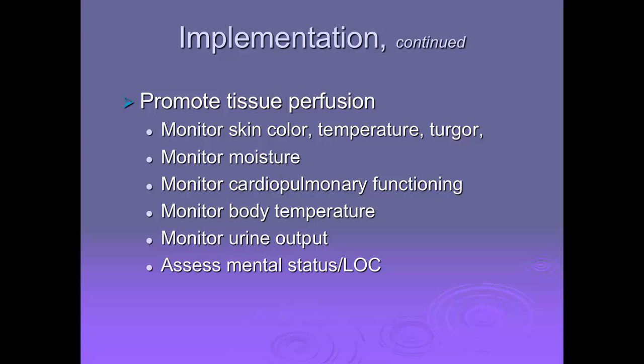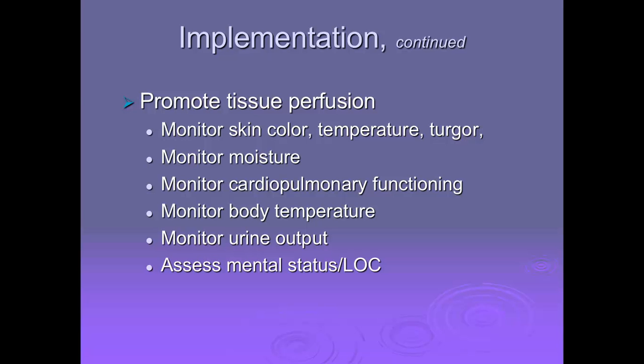You want to monitor the rate and depth of respirations, lung sounds, pulse oximetry, peripheral pulses, looking at brachial, radial, dorsalis pedis, and posterior tibial. If you can't palpate a pulse, then obviously you will get a Doppler. When you're palpating and assessing pulses, you also want to include the presence of the pulse, the quality of them, so are they equal on both sides, the rate, rhythm, and quality. You also want to assess for JVD as well as CVP measurements.